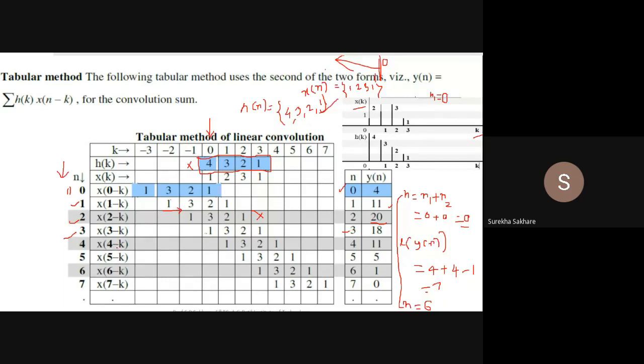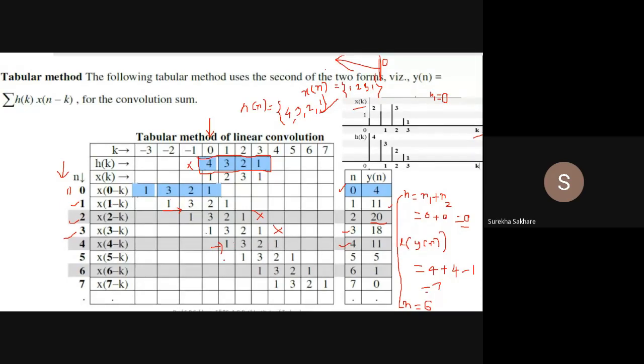Next, it is 4. So again you shift it towards this side. Now it becomes easier, is it not? So 1, 3, 2, 1. Again check for the overlapping. I see that there is one overlapping here, but there is no overlapping here. So 3 into 1 is 3, 2 into 3 is 6, 6 plus 3 will be 9. Then 1 into 2, 9 plus 2 will be 11. And this becomes 0 into 1, so this is 0. So this becomes 11. So this also is correct.